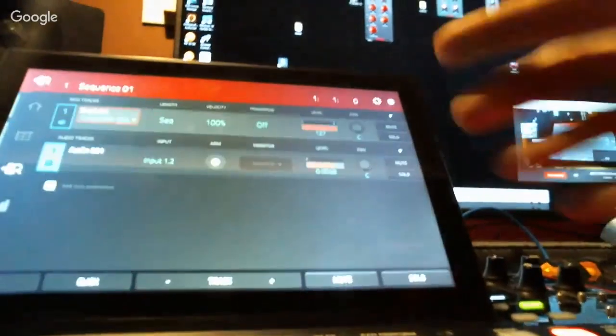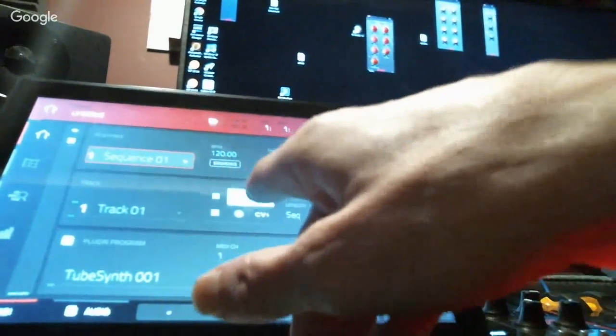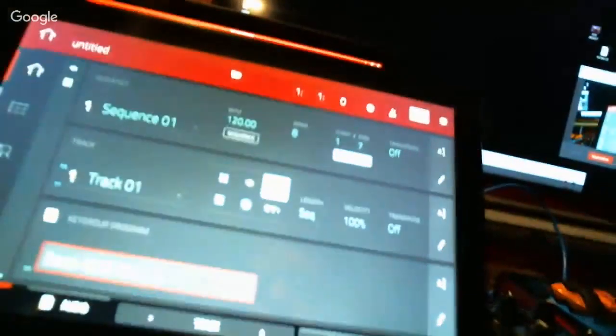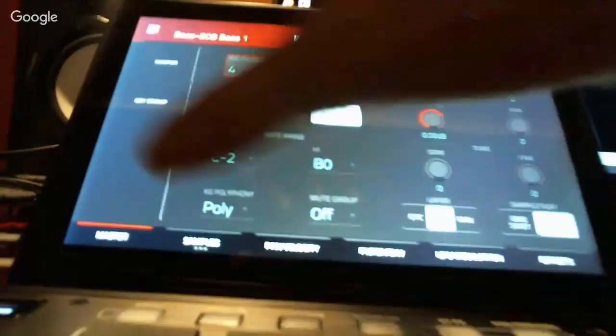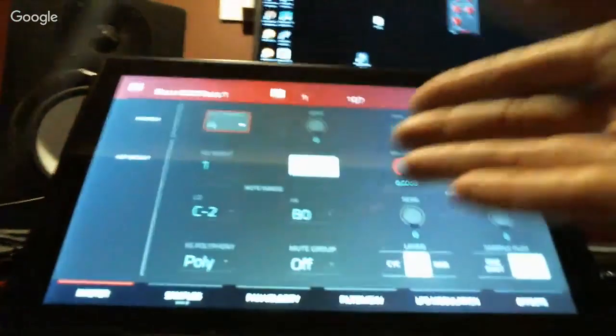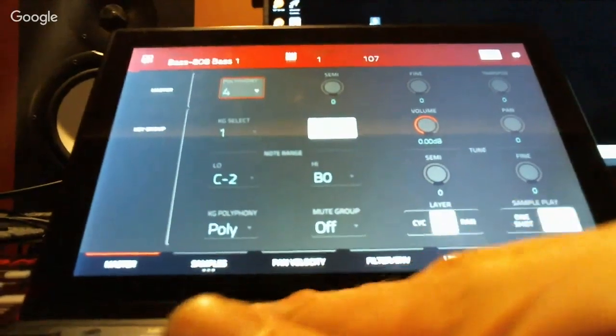I mean, like I said, again, the update's awesome, but whenever you're going to key groups, and you hit the bass and you hit program edit, you don't get that same beautiful screen like you do on the software. When you hit that on the software, it pops up a good old plugin like that. That's all I'm saying. I'd like to see that on there, so where you can build your own rack. Let me build my own rack on here. That would be really, really cool. Other than that,